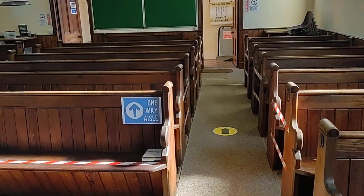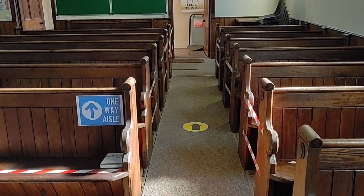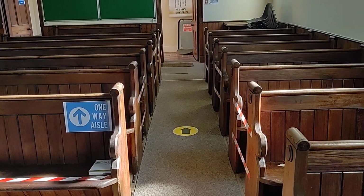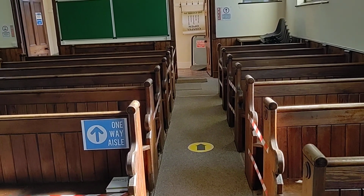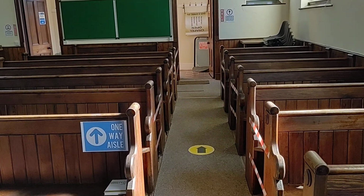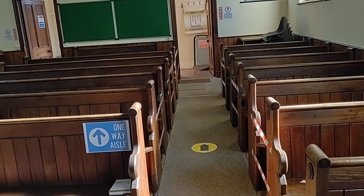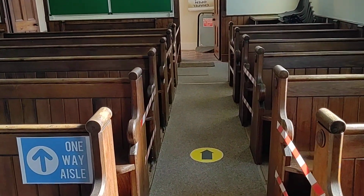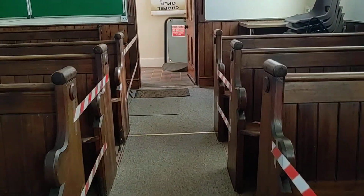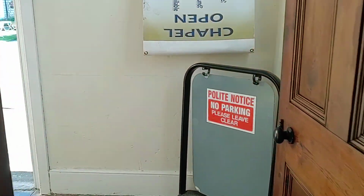At all times you need to learn to pause, to give people room, and to allow us to keep you safe and ourselves safe. We do want to minimise close conversation within the chapel. And what we're suggesting is that if there's someone you want to talk to, perhaps what you should simply do is quietly arrange to meet outside. We do have a very broad pavement,